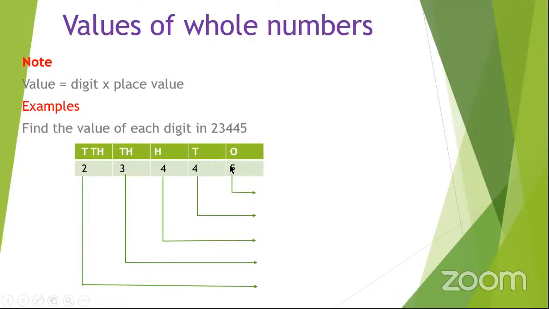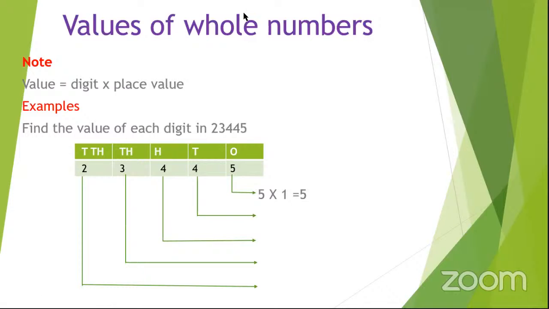You will multiply the digit by its place value. Like here we have 5 and its place value is 1s. So we shall multiply 5 by its place value, but we don't write the word 1s. So this is how we do it. We shall say 5 times 1, its place value, giving us 5, because each number times 1, you get that very number.